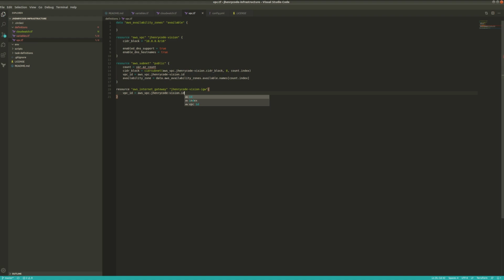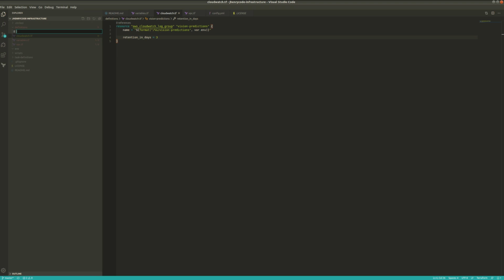And that's all we have to do here. This will create a VPC for us and set up the internet gateway so that we can get traffic in and out of it, and it'll create a single subnet inside of it, which is the public subnet. And so now we're ready to declare some security settings. So let's go